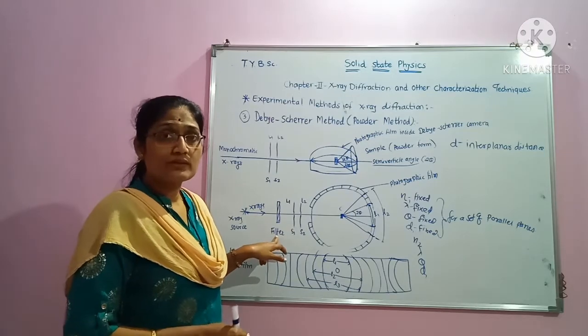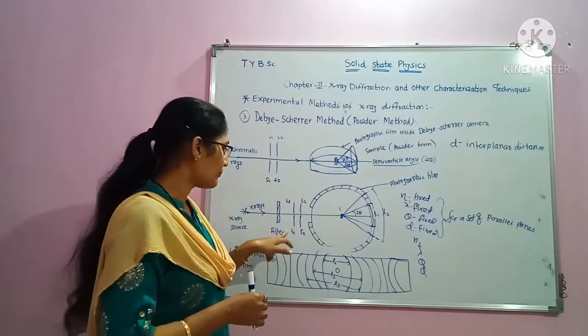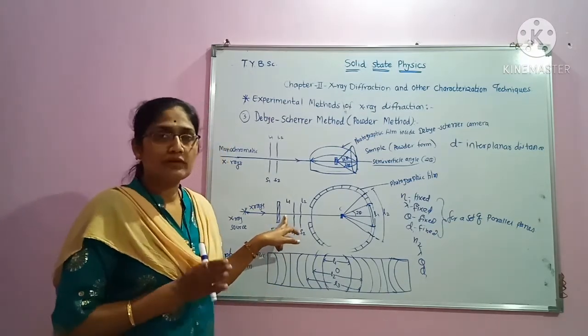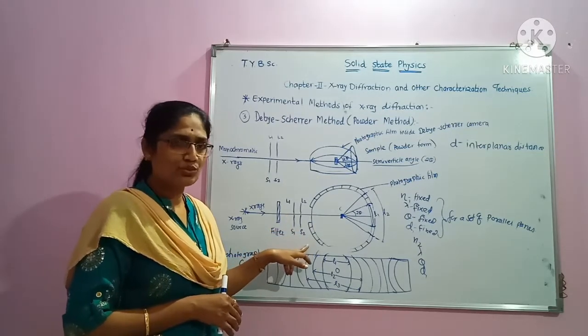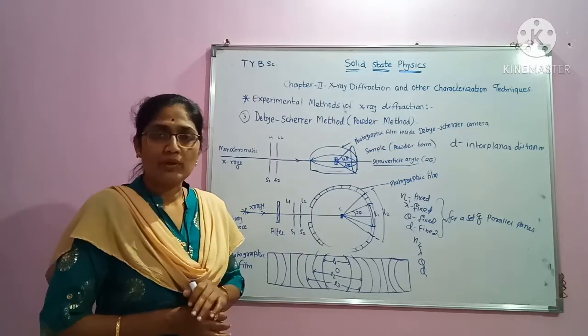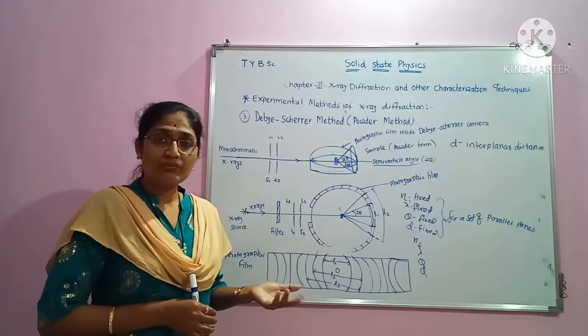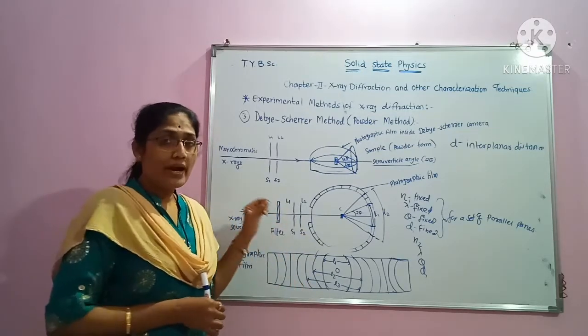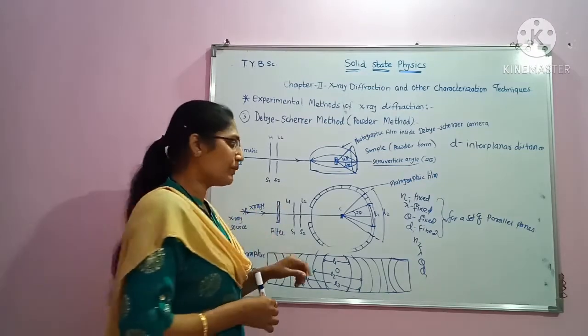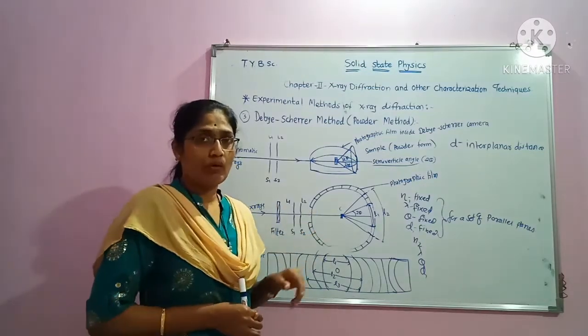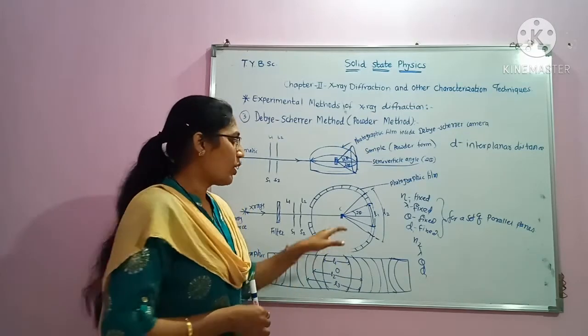That is, it will consist of a single wavelength. Then, in order to make it fine, it is allowed to pass through two slits S1 and S2, which are made up of lead, because lead will absorb the excess of X-rays in the beam and make the beam fine. Such a fine beam is allowed to fall on, or bombard, a crystal